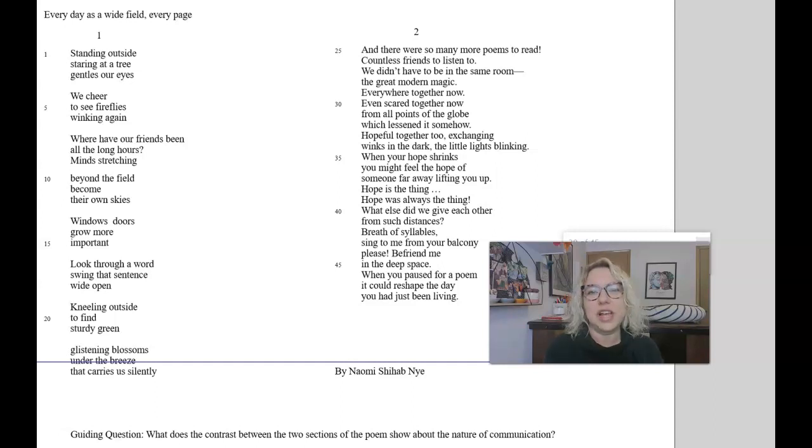Color marking to look for patterns, okay? Patterns shape meaning when we analyze literature through a formalist lens. So take a look at your packet, 4.6, and take a look at the color marking in there. We're taking a look at "Every Day as a Wide Field, Every Page." And there are a lot of different ways to go about color marking. So on the document, and I'll show you here too, if I can figure out how to get to my next page,